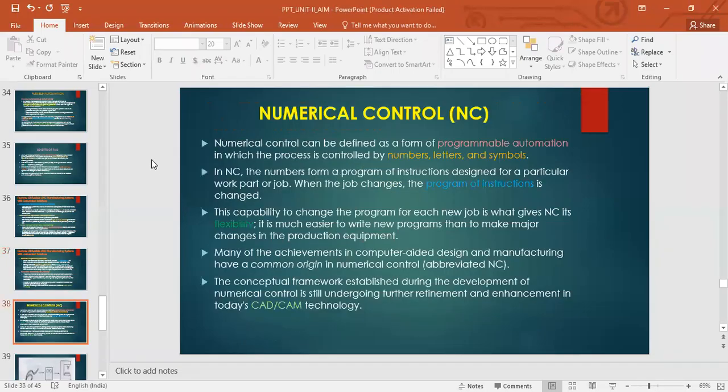Those were the features. And now coming to numerical control. We discussed CNC technology, right? And I told you that the roots of CNC technology come from numerical control technology. So NC technology was the first technology that we were using. And the different branches